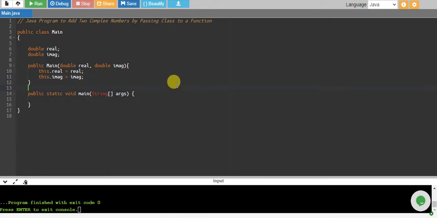Okay, so what we have done so far is we have created two variables, real and imaginary, and in the constructor we are taking two numbers, real and imaginary, and we are assigning these two numbers to our two variables.